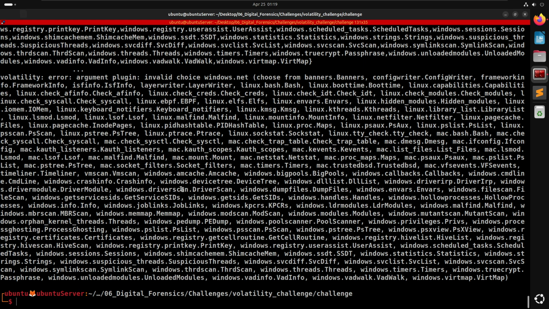It's really hard to look through this. There's driver scan. Nothing else we can just look at. Well, we can grep for